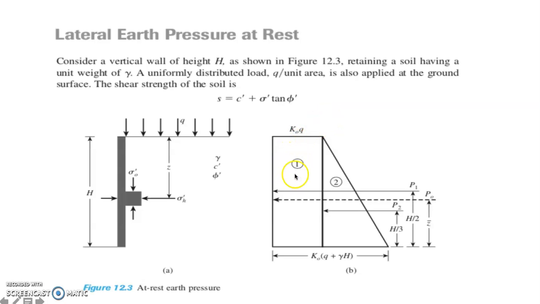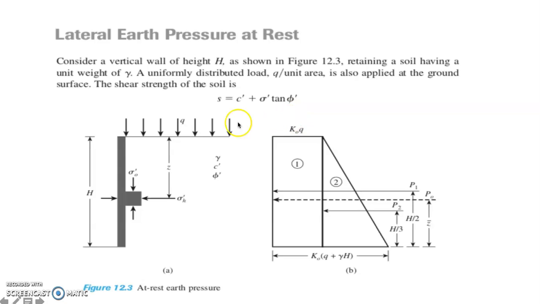So to have the value for the lateral pressure or the horizontal force, sigma H, that would be equivalent to K naught times sigma O, which is the vertical stress, and the value is q. So you multiply that by K naught, so that is now the value for the lateral pressure or the horizontal force, and this is the value for the first sigma H. So you draw that one. This is due to surcharge, so this would form a rectangle.